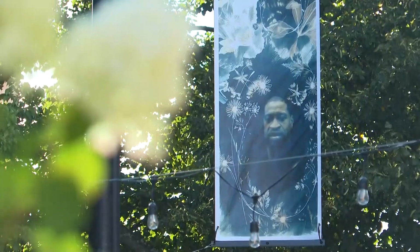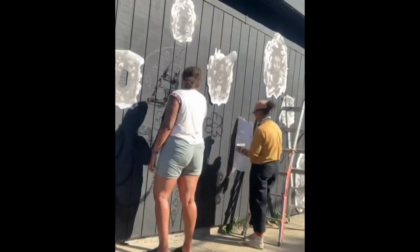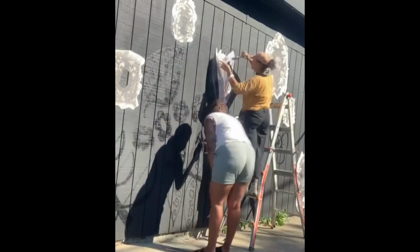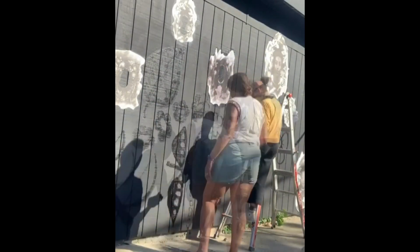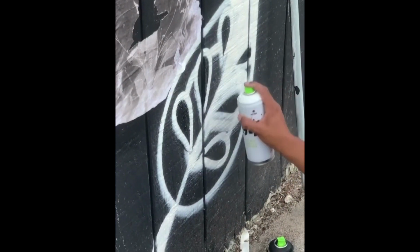The faces include George Floyd, Breonna Taylor, and Ahmaud Arbery. On top of the banners, Paige and another artist created a Black Lives Matter mural in Portland using the same wheat pasting technique. Something that was really difficult to come to terms with when making this project is